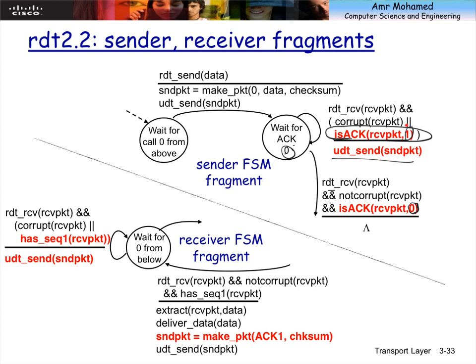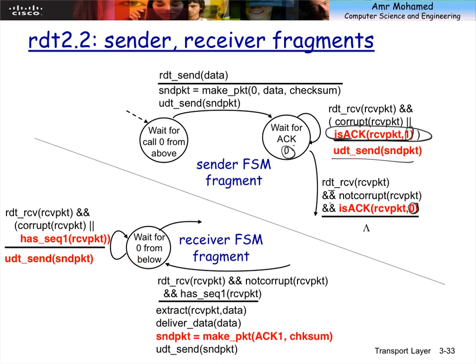Here the slide only highlights the difference, and the only difference is that the sequence number in the acknowledgement is added. In the previous finite state machine, I did not add any sequence number to the acknowledgement, but I had acknowledgement and negative acknowledgement. So here we got rid of this. Now, when I wait for acknowledgement 0, only when I receive the exact match and there is no corruption, then I switch to the other state. And I don't have to do anything specific. Everything is good and I switch to the other state.